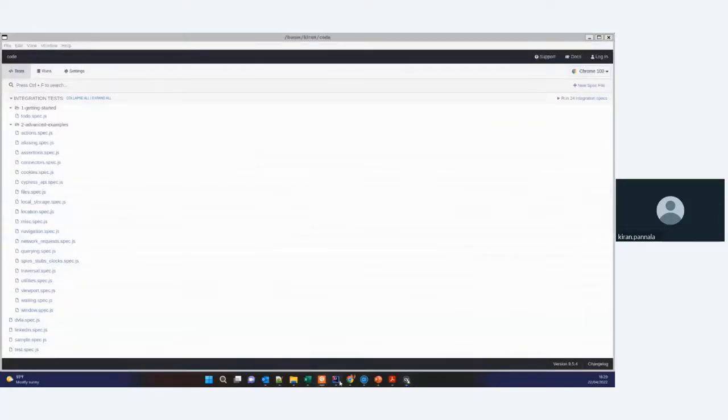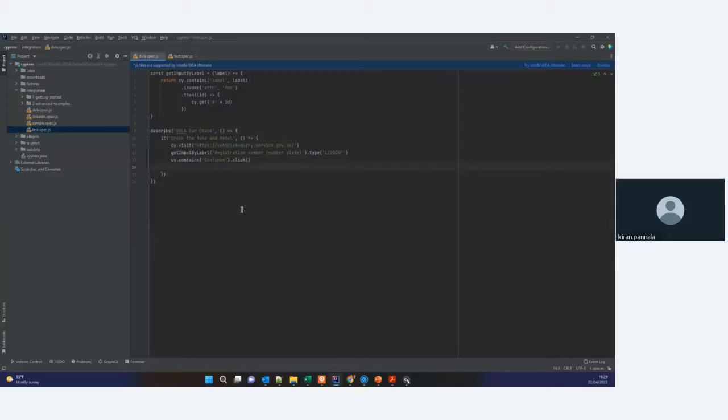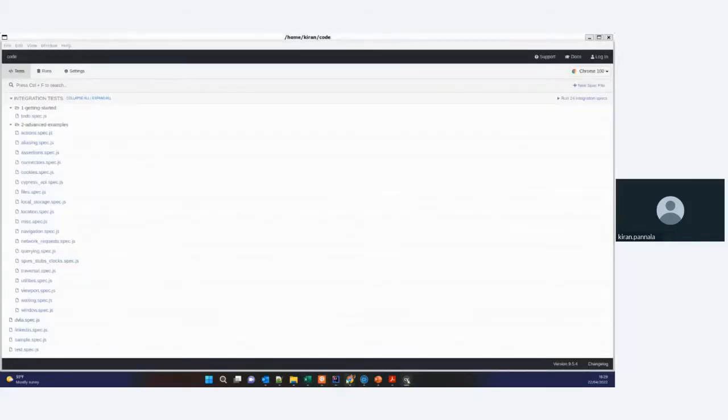Okay, now in Cypress, if you want to check this value, you just write another function called verify text by label. So what this means is, you have this